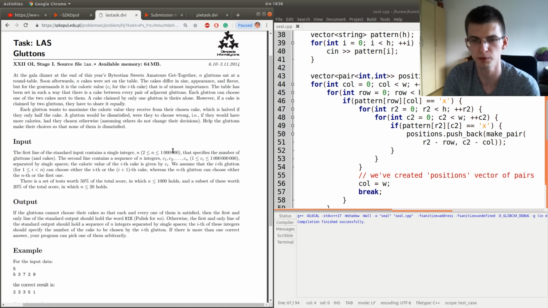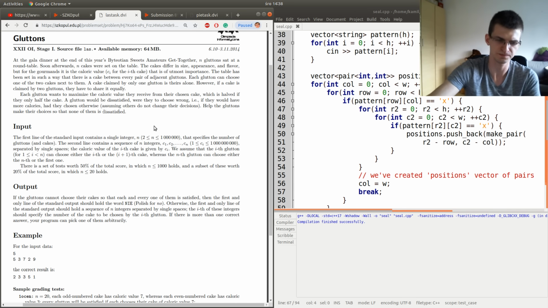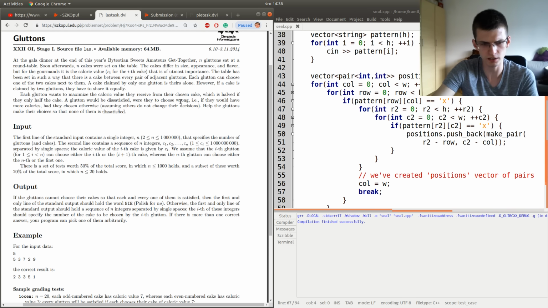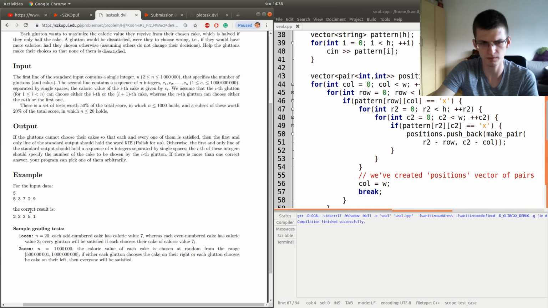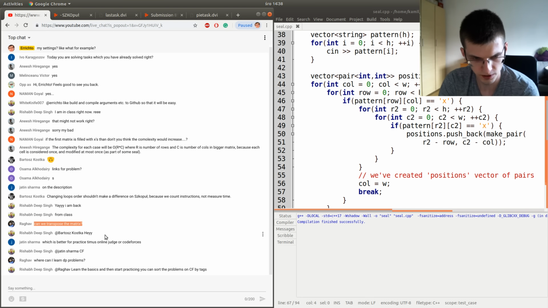Because if someone would be better off changing his decision now, he would be dissatisfied, as the statement says. And we are asked about any valid solution, any solution leading to no one being dissatisfied. And this is a problem I haven't seen before, so I will solve it from scratch.